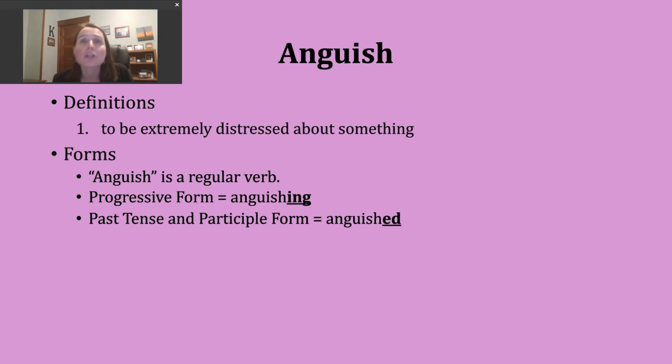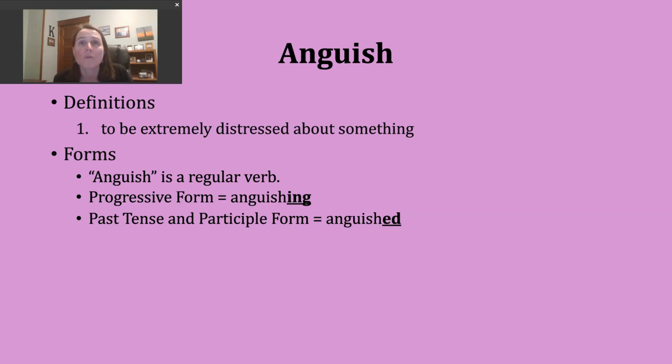For now, you should know that anguish is a regular verb. If you want to make the progressive form of this verb, all you need to do is add ing, and that forms anguishing. The past tense and the participle form of this verb can be made by adding ed. Our base verb, anguish,